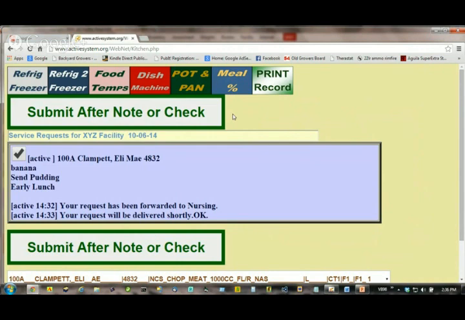However your facility determines you're going to do it. In most facilities, it's a combination. At certain times a day, nursing has to go pick it up, and other times a day, the kitchen can deliver it directly. Okay, so let's go back